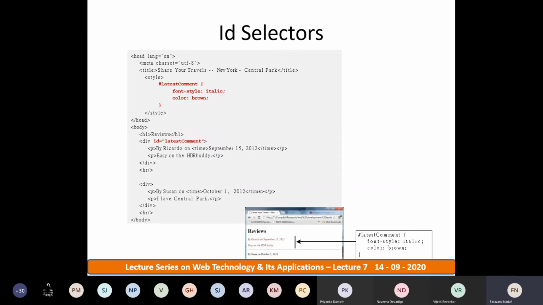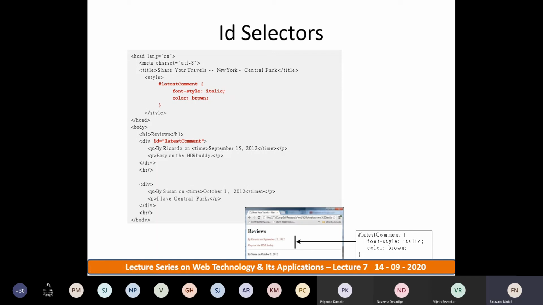Now look at the example of ID selectors. In the previous example, we have seen class selectors. Here, in the same fashion, under the head with the style element, ID selectors are defined. ID selectors also have a grouping of styles here.